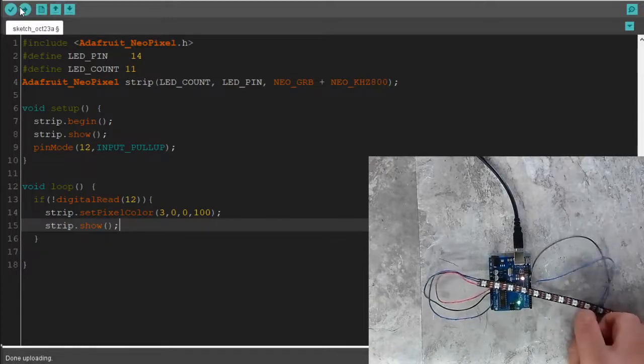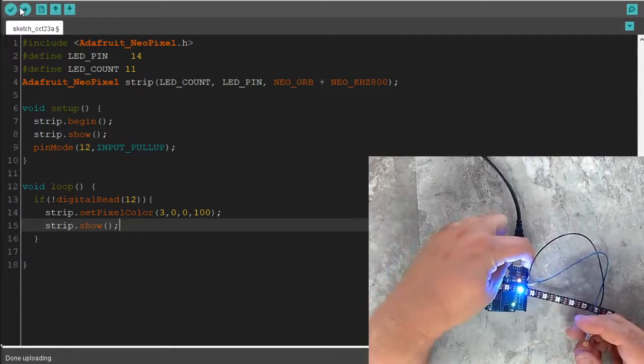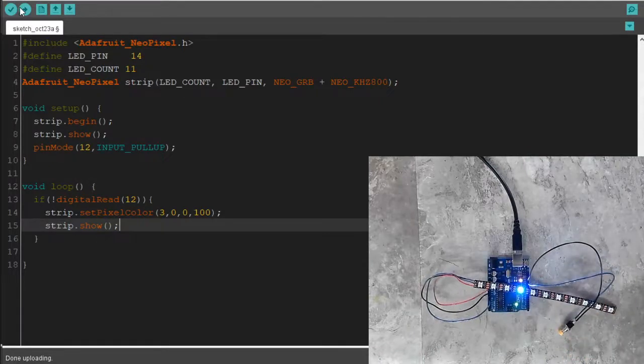Okay. So as I push this, it turns it on, right? As I let it go, it never does anything else, right? So I'm going to hit the reset button on my Arduino. Okay, back to off. Push the button, and it's on. And it stays on. Okay, that is because I never told it to turn off, right? So if you read the button, if the button's being pressed, turn the pixel on and show it, right? Okay, so now we need to write